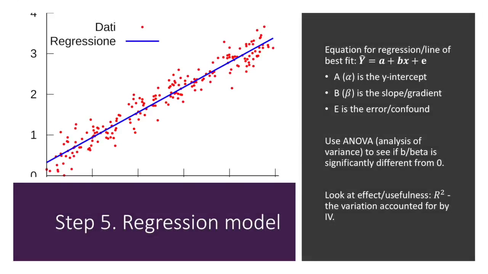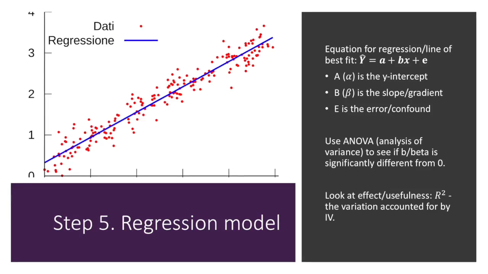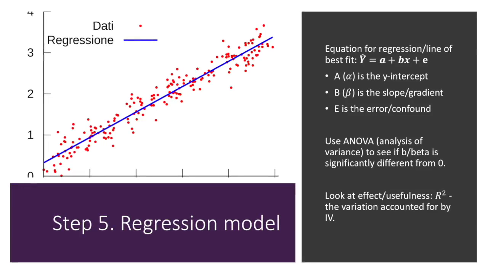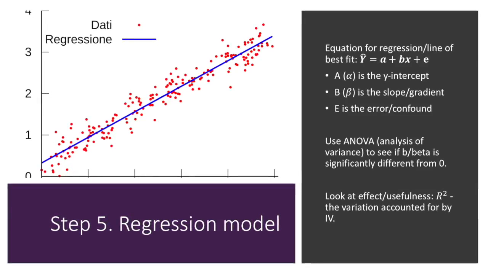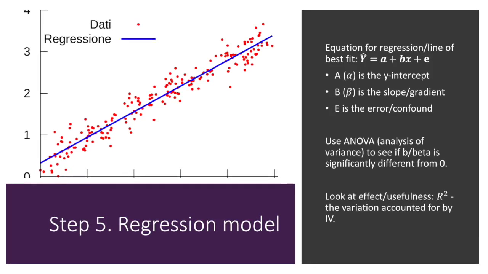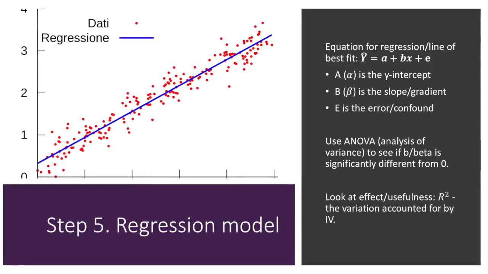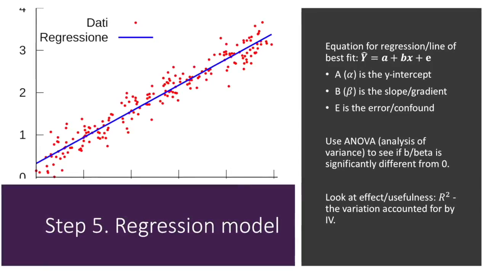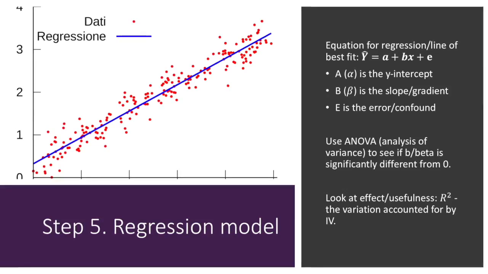So step 5 is to look at the regression model. I said we're not really going to look at formulas. Well, I lied. So in the regression model, we look at y hat, which equals a plus bx plus e. This is to look at the line of best fit. And y hat is just the y variable. A is the y-intercept. B equals the slope or gradient of the independent variable, and e is the error or